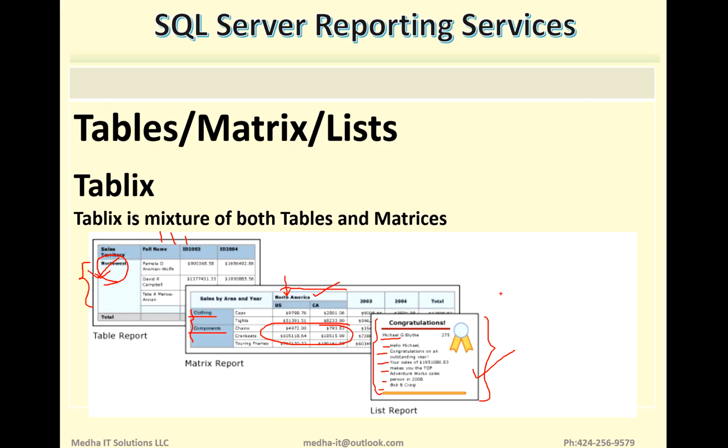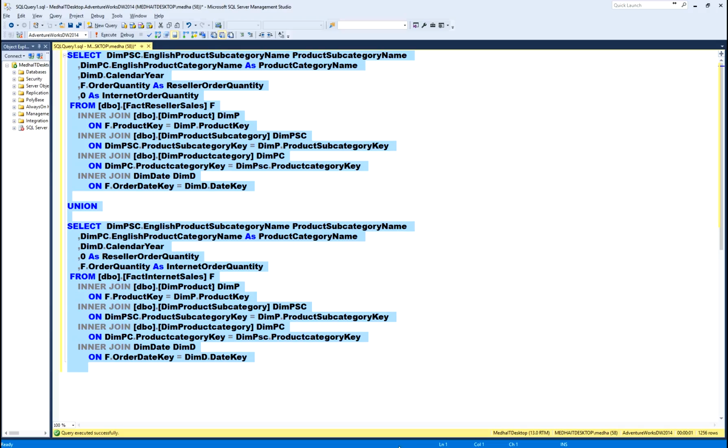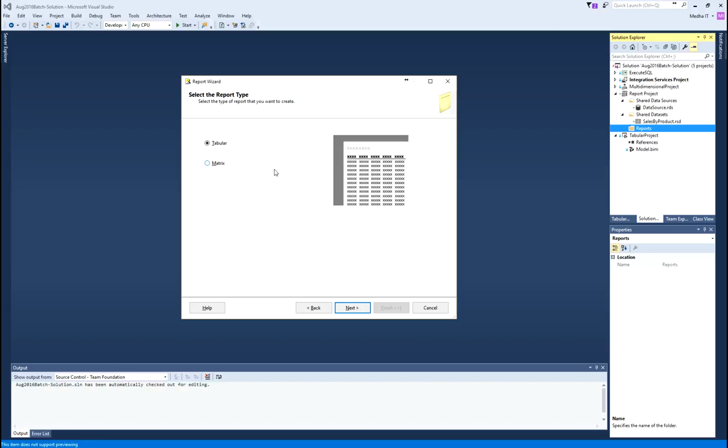When we create an SSRS report, we get these two options, tabular type and matrix type. Depending on the options we pick, we get different input details. That means we need to provide different options. For example, let's say I want to create a tabular report.